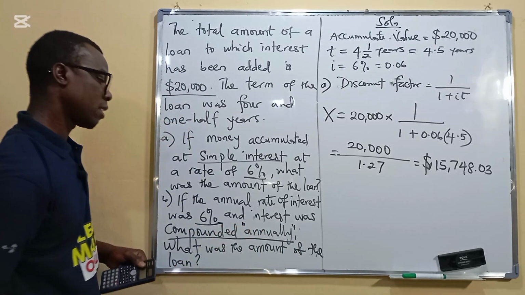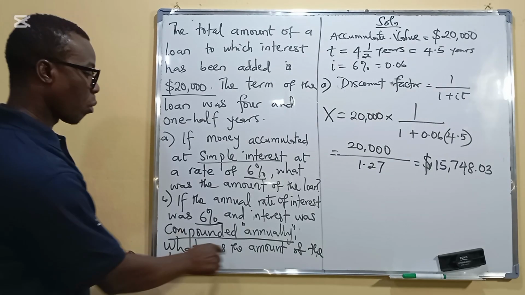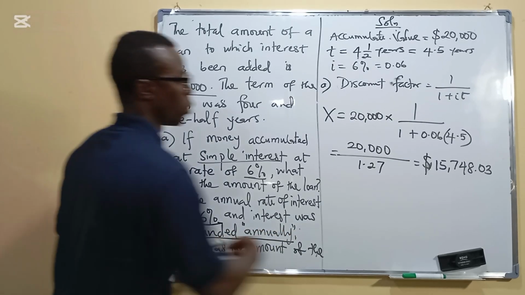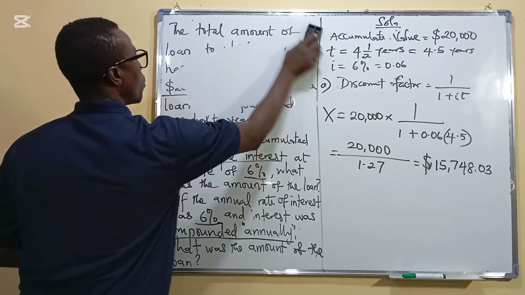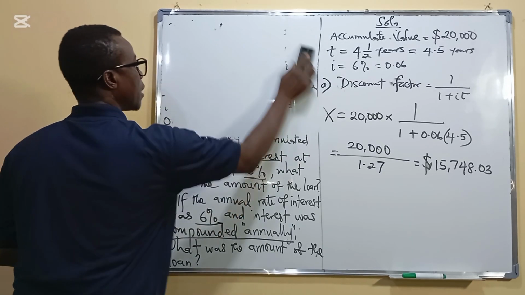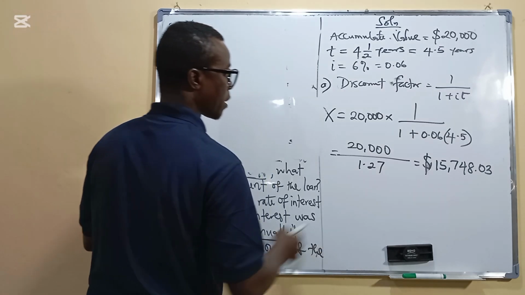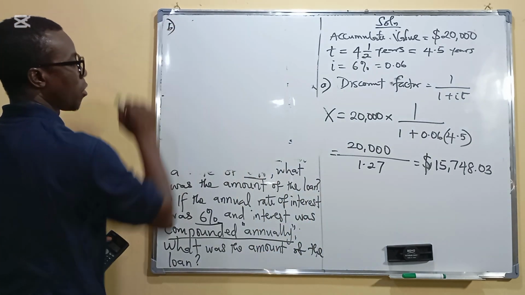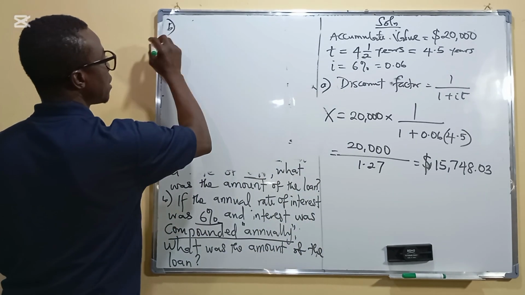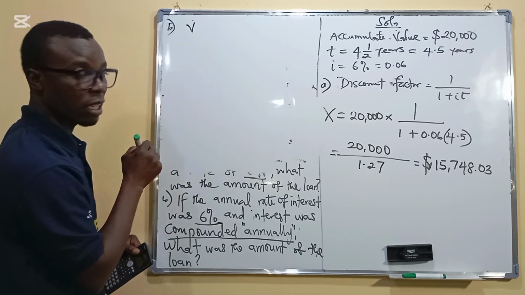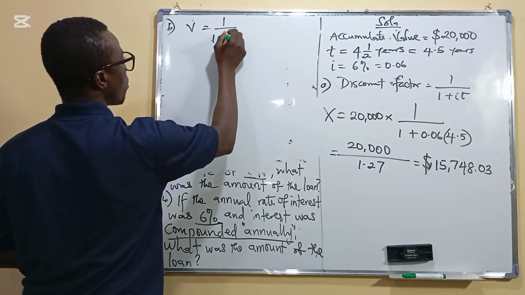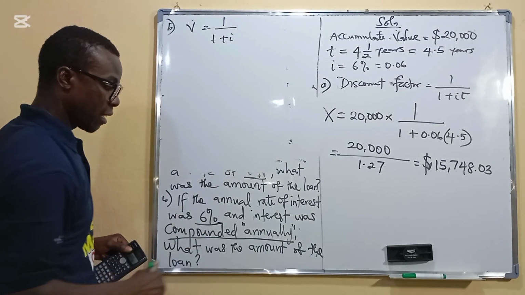Annually. So we can see that it's compounded annually each year. So what was the amount of the loan? So that's exactly what we are going to do here again. I'm still going to get the discount factor, in the case of the compound interest, and the discount factor, which of course we usually call V, is equal to 1 over 1 plus i, and then the i is actually